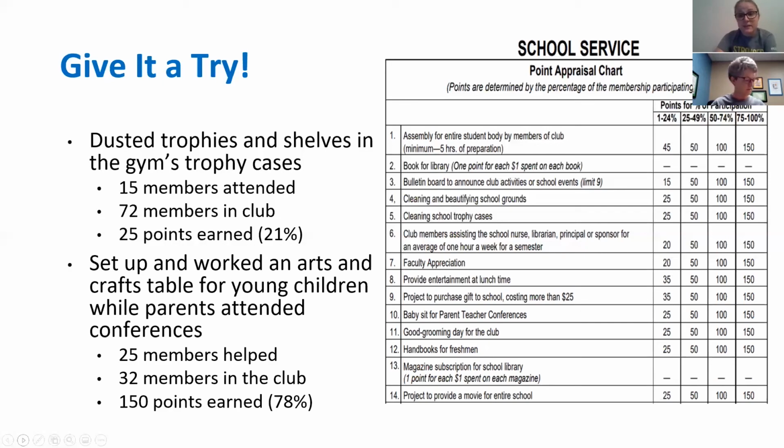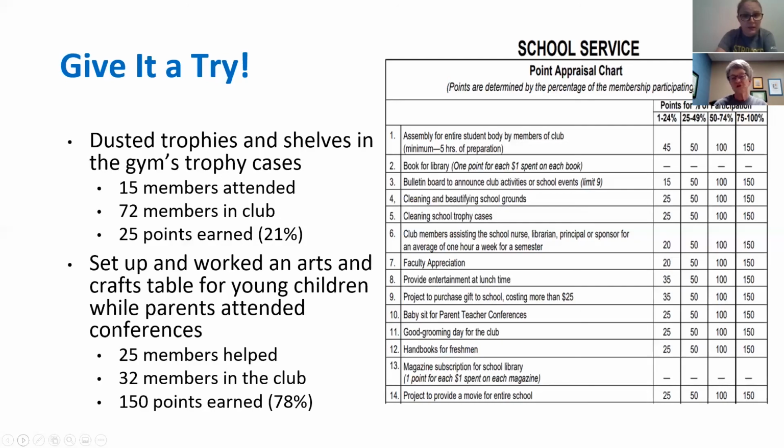There's a lot of them, and they fall under all the different areas of service, but not everything you do will be on there, and that's okay. If you find something that is really similar, that works. If you did something that's just unique and you can't find anything close to it, then you need to email Cheryl and Lindsay in the KAY office with a very detailed description of your project and the percentage of members that you had participate, and they will email you back with an appropriate point total for that activity.